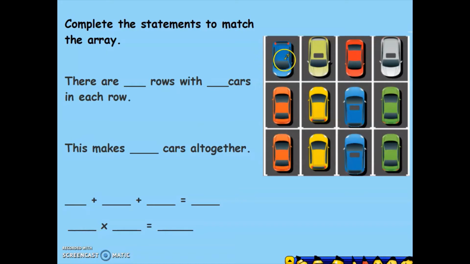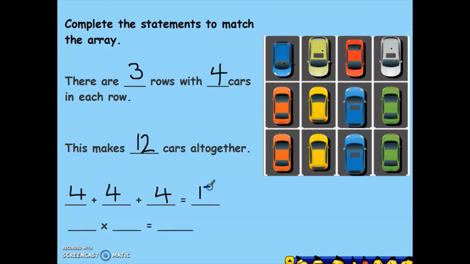Let's count the rows first. 1 row, 2 rows, 3 rows. So there are 3 rows with 1, 2, 3, 4 cars in each row. Altogether, 4, 8, 12 cars altogether. Adding our rows up. So we're going to add this row first. 4, add 4, add 4